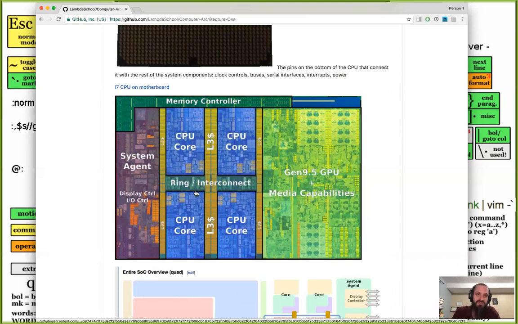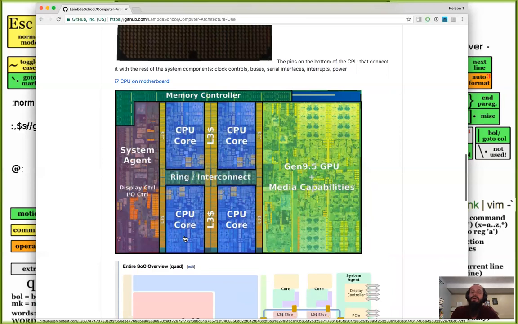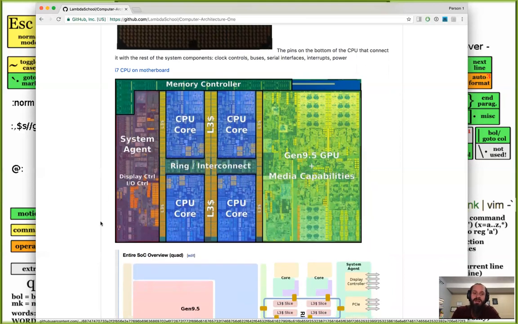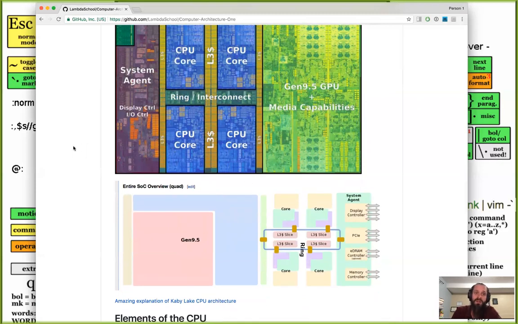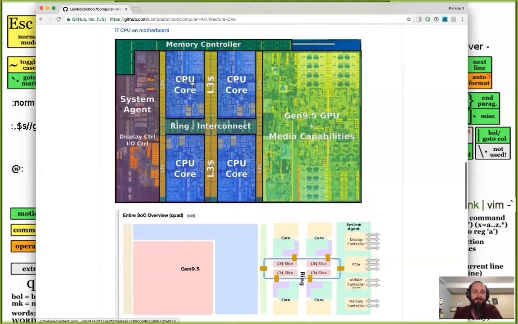So these components of the CPU, I want to go over real quick. I'm starting to run out of time, so I will finish this discussion of these two images, and then I'll leave you to read and prepare for the next lecture. All right. This is a 4-core Kaby Lake CPU, and what that means is that each core is able to more or less do everything. Each core has full control over the computer system, except that they have to share this I/O controller,